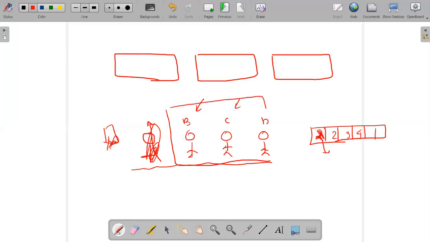I would say B is after C, or I would say B is before A. If A is not there, then obviously I am the first one. If I ask what is the position of C, I would say I am behind Mr. B. D would say I am behind Mr. C.